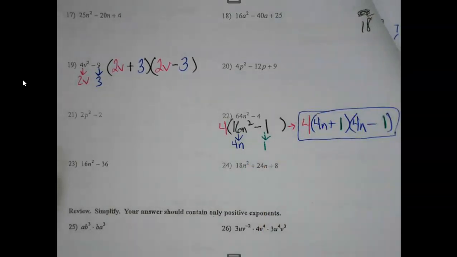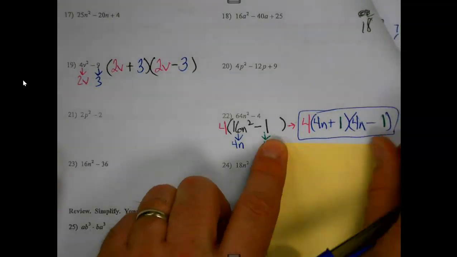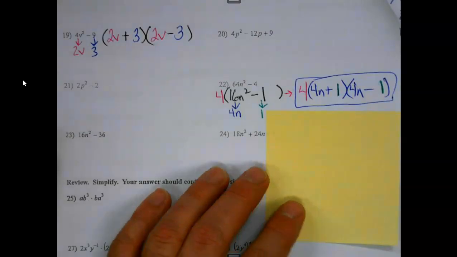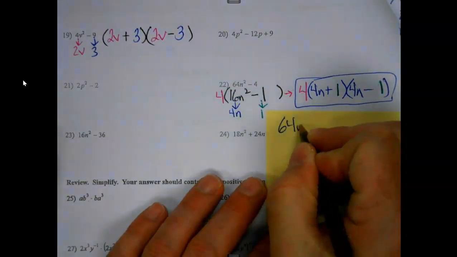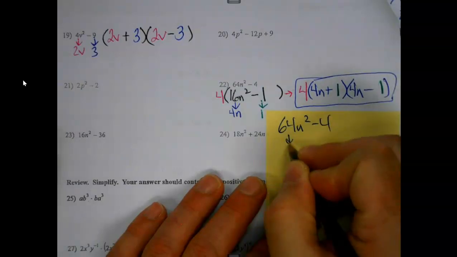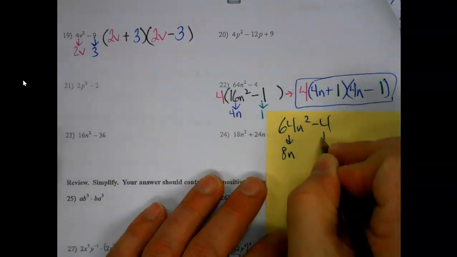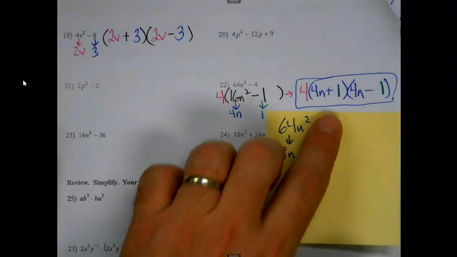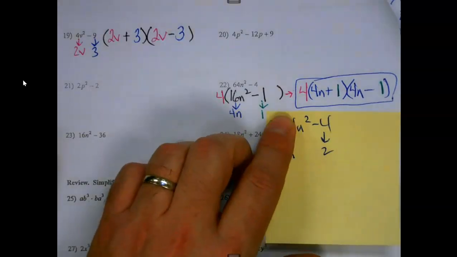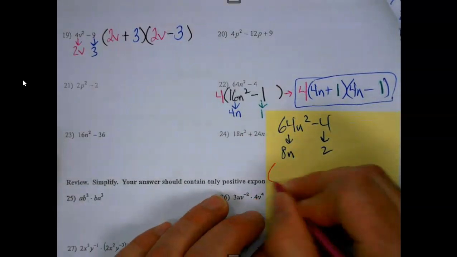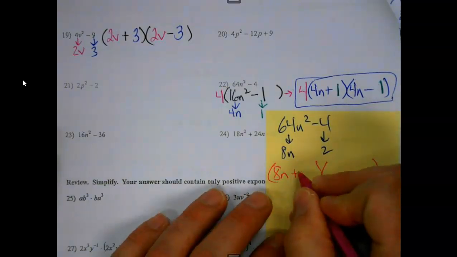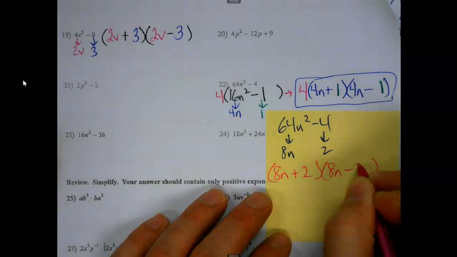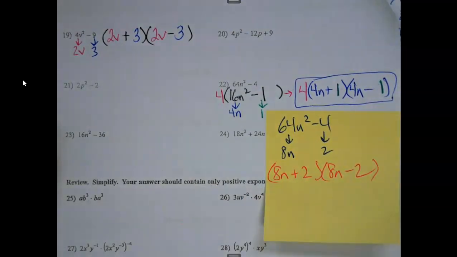And here's why I do that one every year. Because I'll have people that'll sit there and say, hey, they're perfect squares. And they are. They'll be like, all right, 64n squared minus 4. I got this, Hardy. This is 8n, and this is 2. 2 squared is 4. 8 squared is 64. I took it off my chart. This is easy. I love this. And then they do this, and this, and then they look at my answer key and they go, wait,